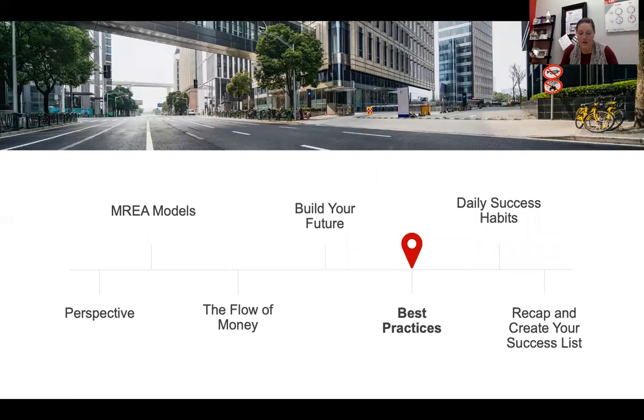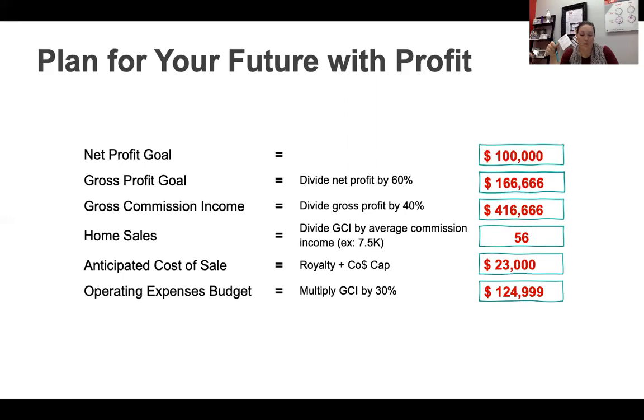So just do that math for yourself. How much do you want to earn in net profit? Then you get the gross profit goal, and you're anticipating the 40% tax liability. And so we're going to increase that to the 60%. And that's where you get that 60 on the first line. And then the 40 is to see how much gross commission you need to achieve to attain that profit goal, and calculate the number of homes you need to sell to get there.